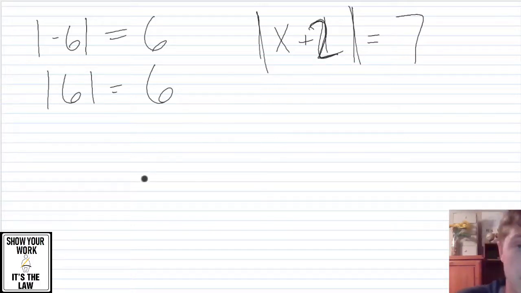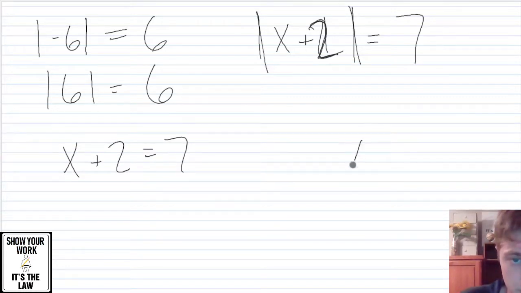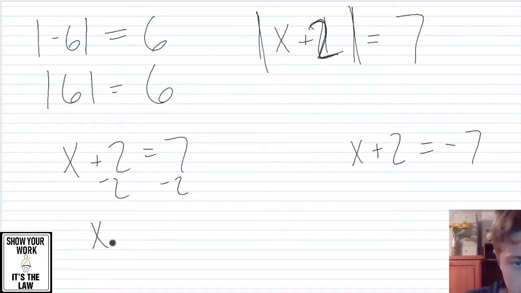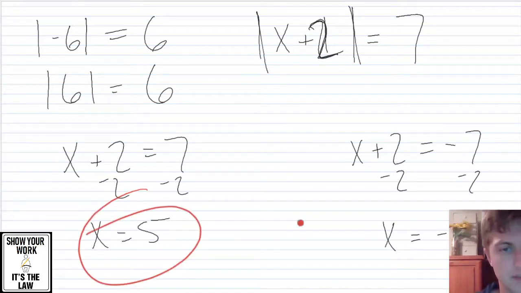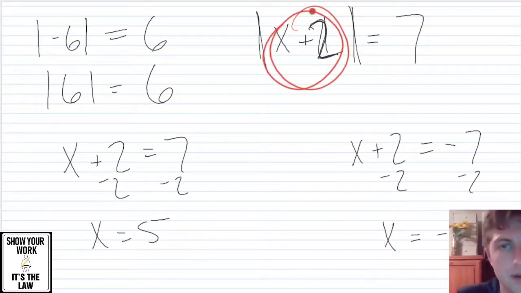So remember, we've got ourselves parallel lines, so our memory trick is parallel universes. So one where we make two equations, one where x plus 2 is equal to 7, and one where x plus 2 is equal to -7, and then we solve for x. On each, x equals 5, x equals -9. And what that means is these are the values of x that make our statement up here true,